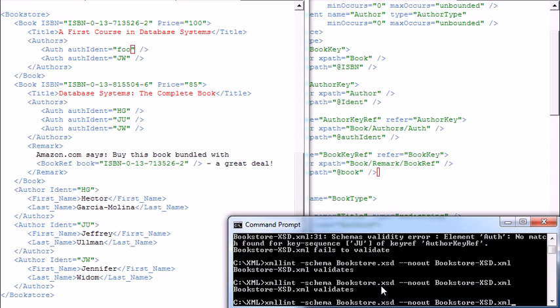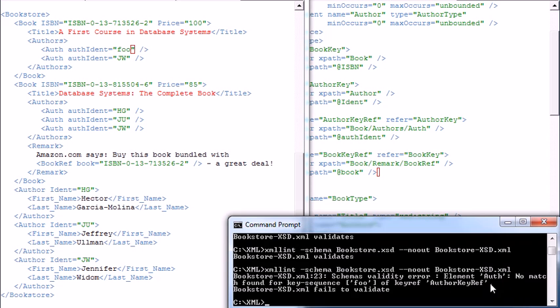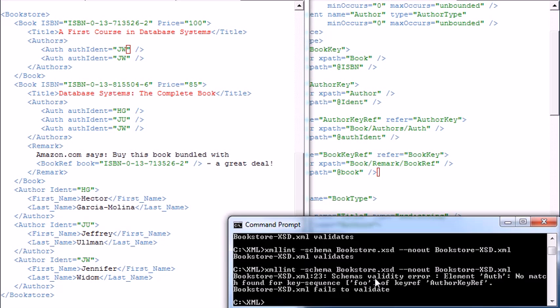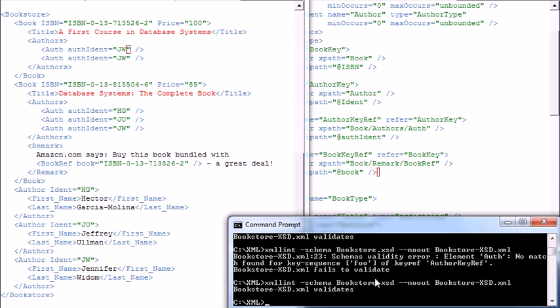Let's validate the document, and we should get an error, and indeed we do. The author key ref is incorrect. Now let's change that foo to JW. So originally it was JU, but now we're going to have two authors, both of whom refer to JW. Now this should not be a problem. It's simply two pointers to the same author, and we did not prohibit that in our XML schema specification, and